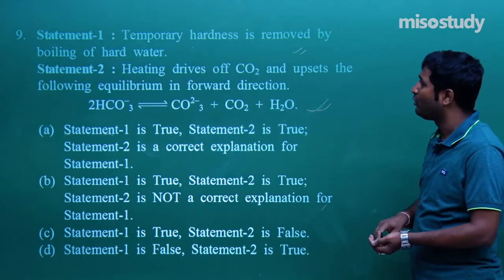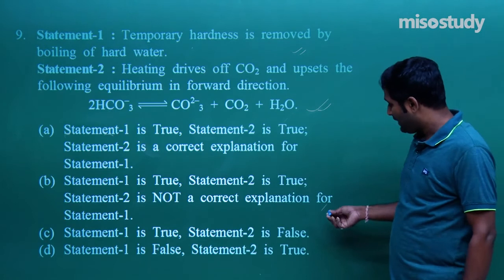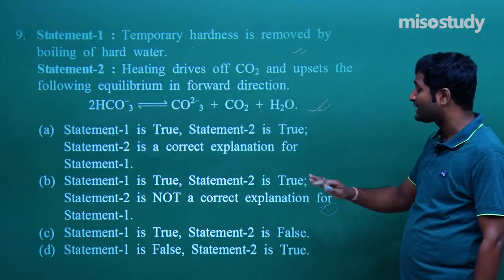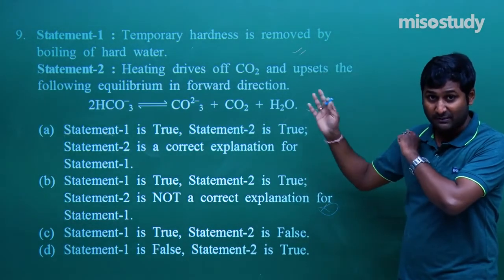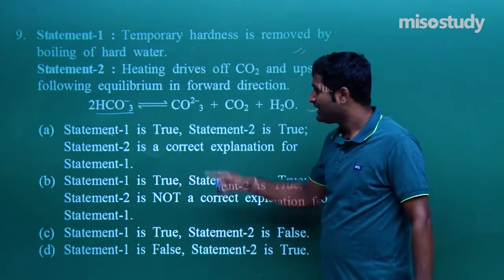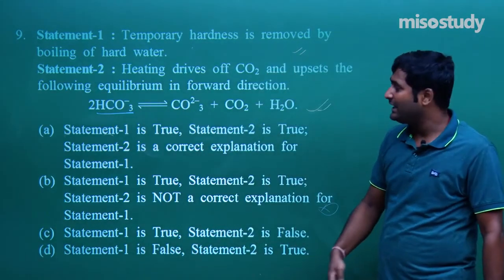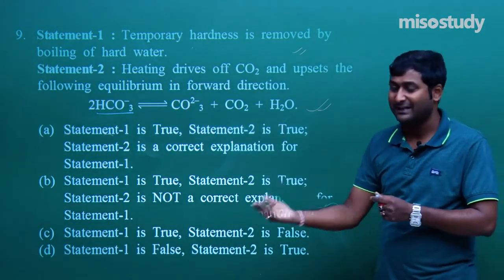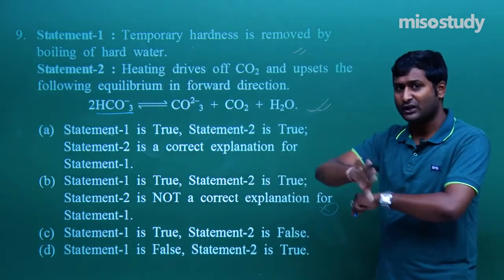Sometimes there is contradiction also, because you people can say, sir, why not? I am giving one clue. Listen carefully. This is the bicarbonate, am I right? In case of bicarbonate, by boiling, bicarbonate converts into carbonate. If bicarbonate converts into carbonate, there is a formation of precipitate, and by filtration we remove the precipitate.